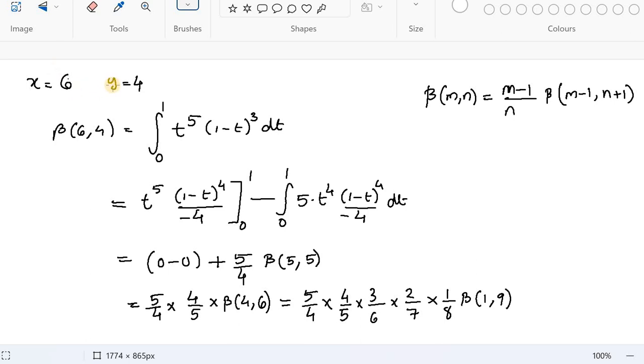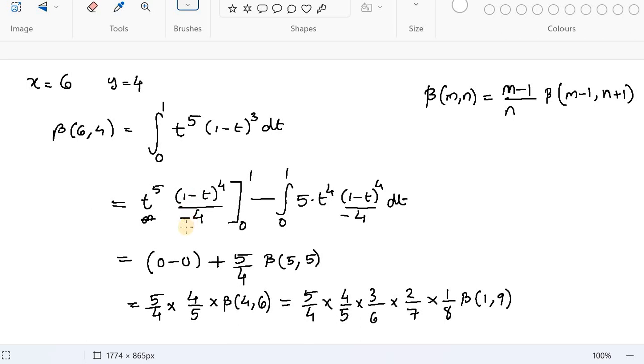When x is equal to 6 and y equal to 4, both are positive integers. So what is beta of 6 comma 4? It is the integral from 0 to 1 of t power 6 minus 1 into 1 minus t power 4 minus 1 dt. Now if you apply integration by parts, it becomes t power 5 into the integral of this, which is 1 minus t